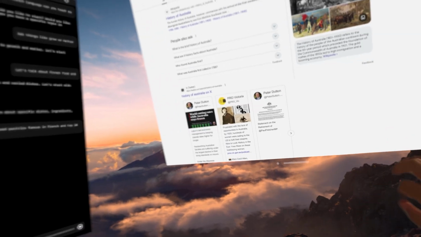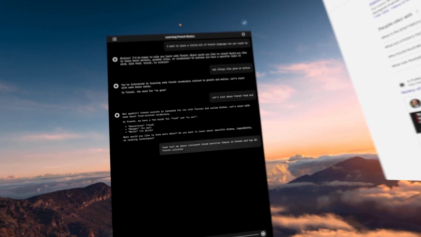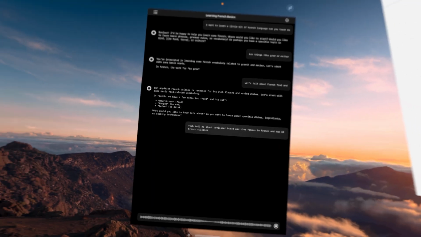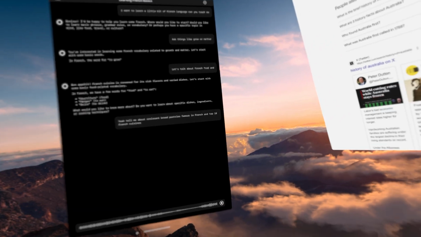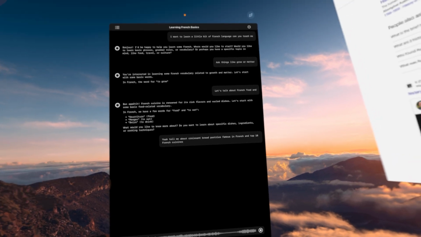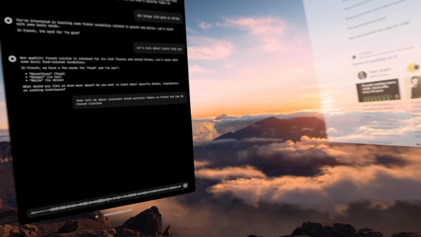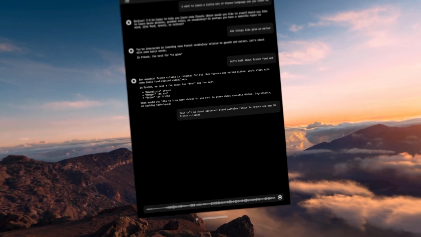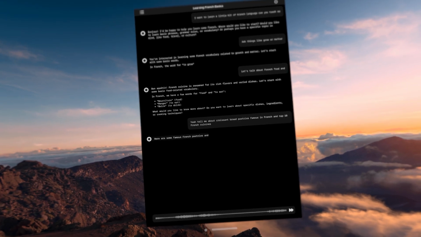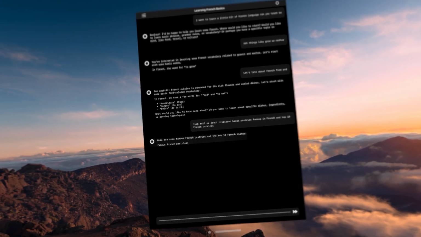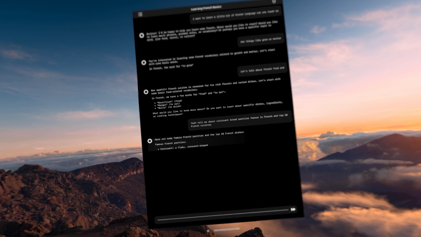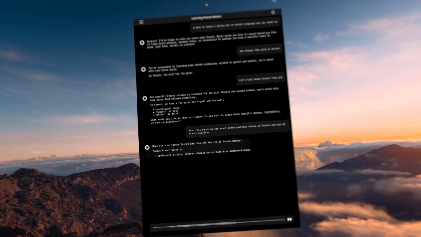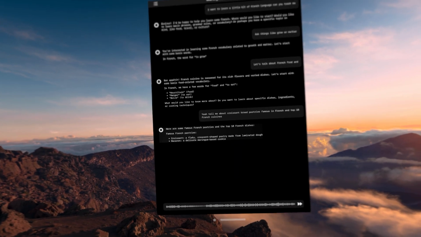So obviously the AI sometimes hallucinates, so it's not always the correct answer, but at least it gives some topics. Okay, croissant, we know croissant, macaron,